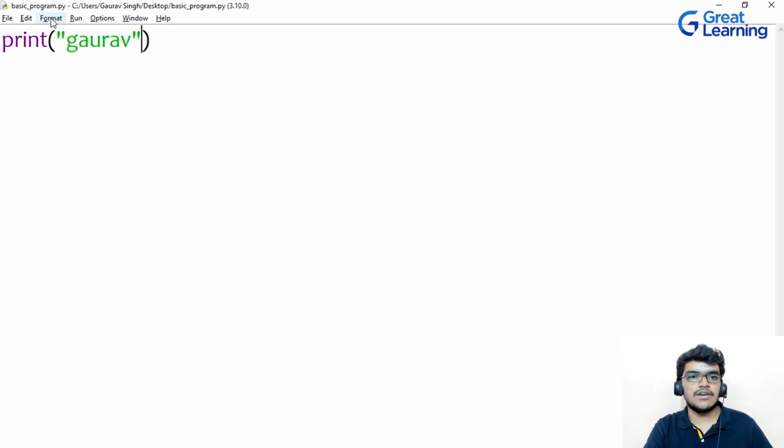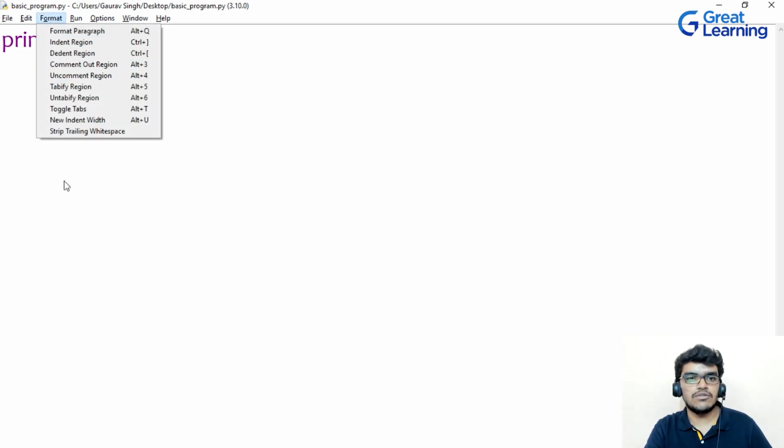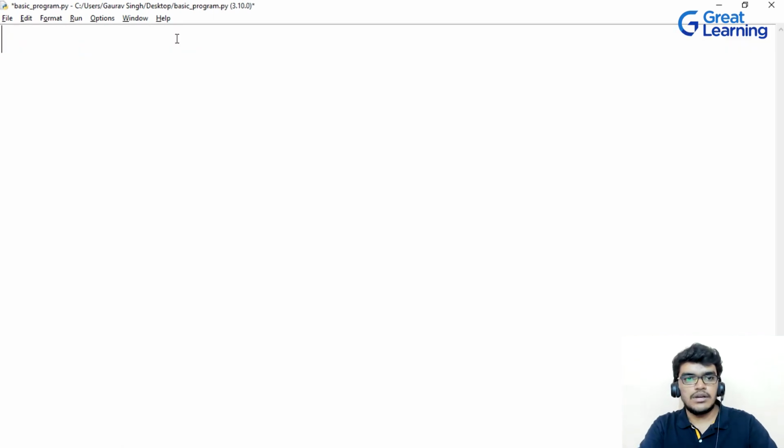Now let's see what else we have in the Format menu. We also have Indent, right? So let's suppose I write: if a is greater than 0, and then press enter. I know that Python ideally provides automatic indentation, but I will not indent here. I will just write print a, and let me write here a is equal to 2, and here a is greater than 0, right?